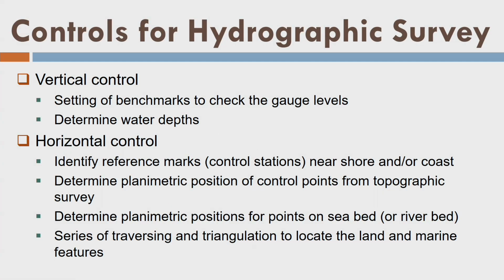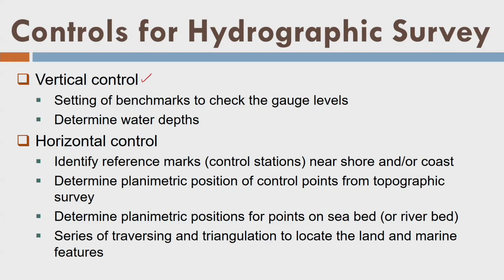Okay, now in case of hydrographic survey, as we told, I want to measure the 3D information. Fine. The thing is how to obtain that? So we have to establish the control surveys. First is vertical control. So what is vertical control? We have from the topographic data some data available about the benchmarks. Using those benchmarks, we bring the control stations very close to the sea surface, or what we call the shoreline. We'll see all these terminologies in the next lecture, but right now try to understand the concept here. Then using those benchmarks, we establish the levels of the seabed. Fine. So that is my vertical control.